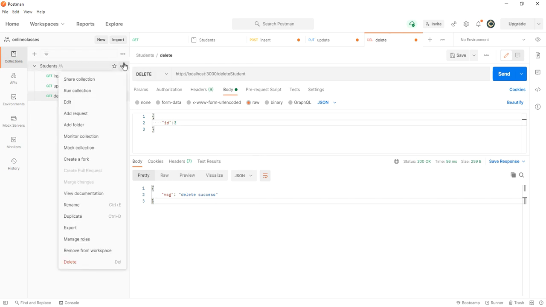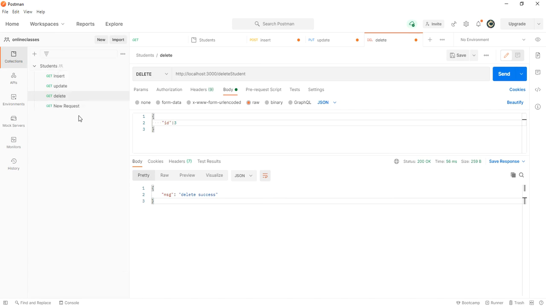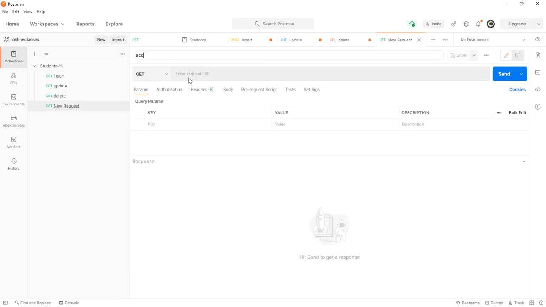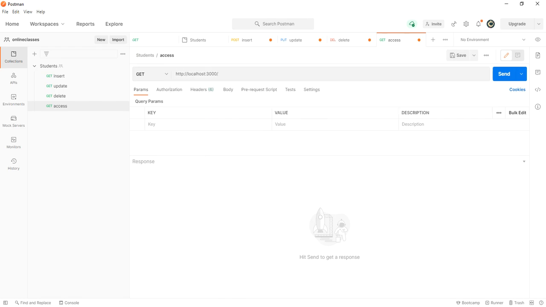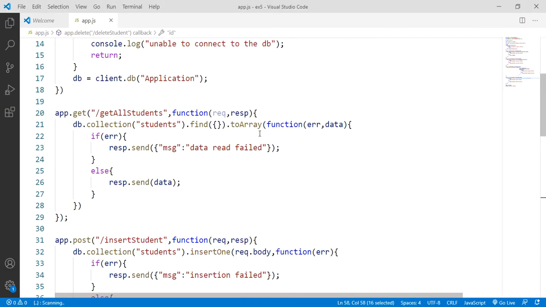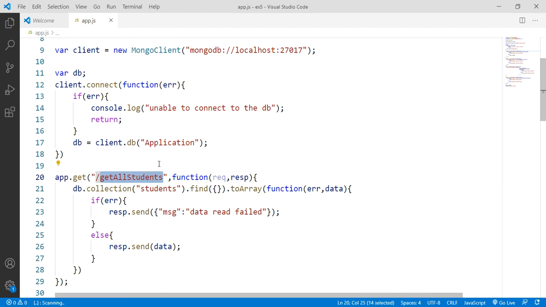Next one, the final method, I am going to show you how to access the records, means how to do the get request. Access, get, HTTP colon localhost colon 3000 slash, let me give the URL, get all students.